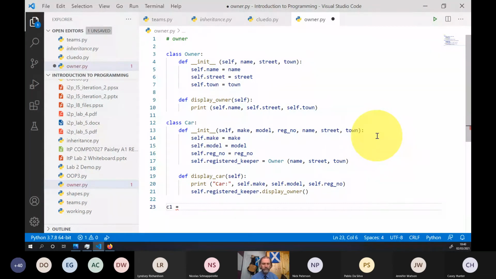Car 1 becomes, we'll check the order. We need a make. We need a model. We need a registration number. We need a name.